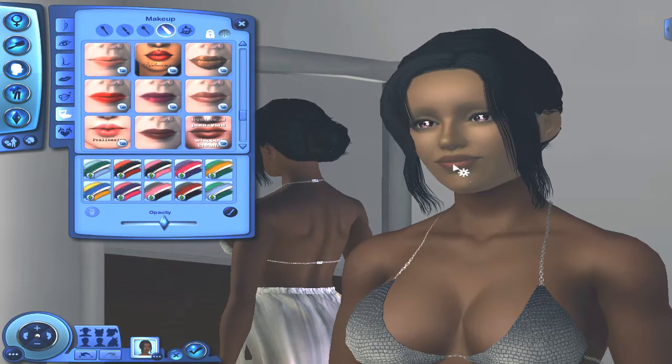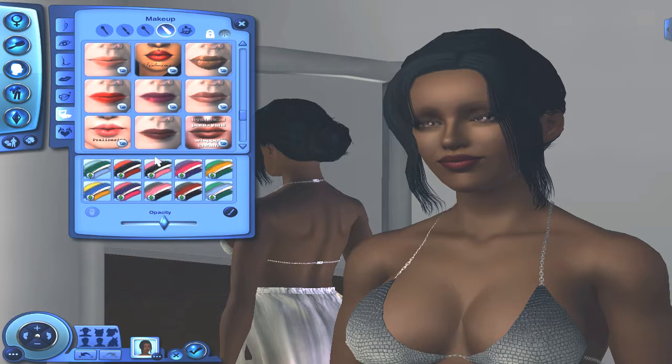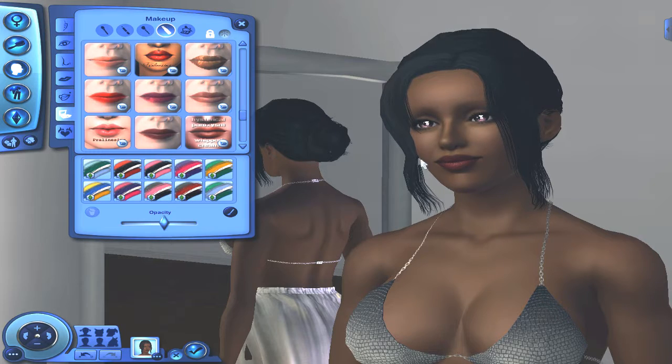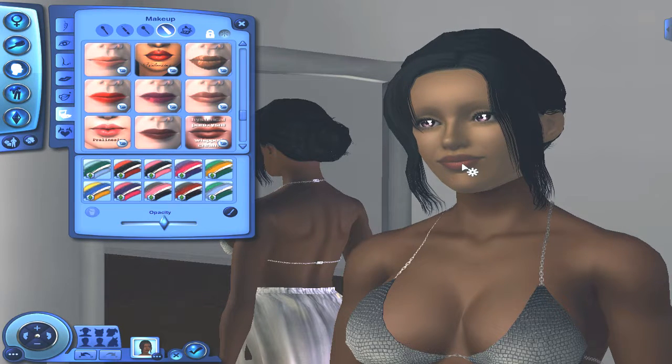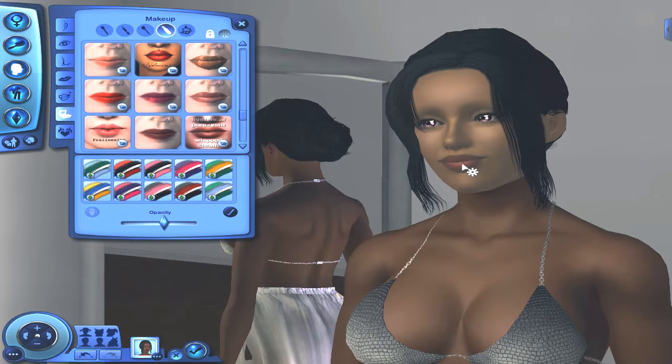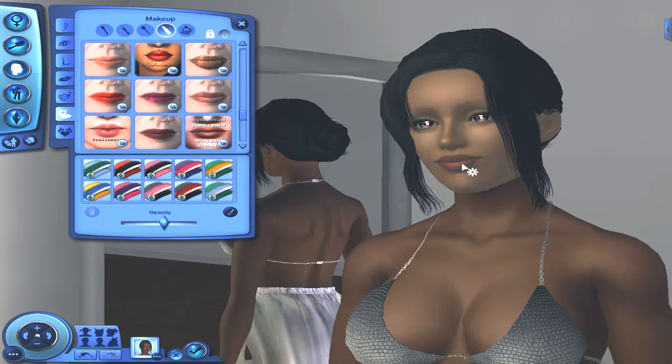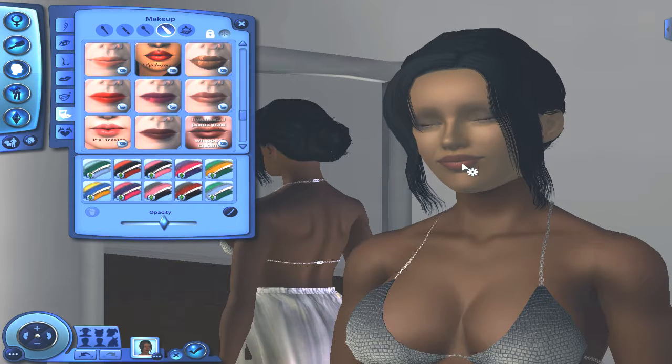But for the lipstick, just type in Sims 3 matte lipstick, and that's where you get this. If you don't want to do that, just type in Sims 3 or go to the Sims Resource, where you'll find all the best stuff there. And that brings me to